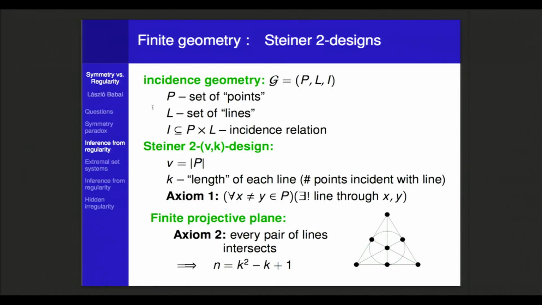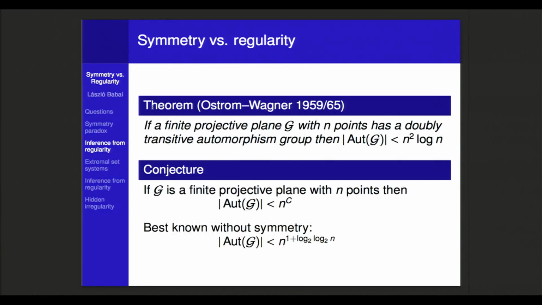And that's generally true for projective planes. Okay? Now, again, let's look at possibilities of symmetry. If a finite projective plane with n points has a doubly transitive automorphism group, which every example that I can easily tell you does, then it follows that the number of automorphisms is essentially quadratically bounded, just a little more than quadratically. Okay? And the reason for this is